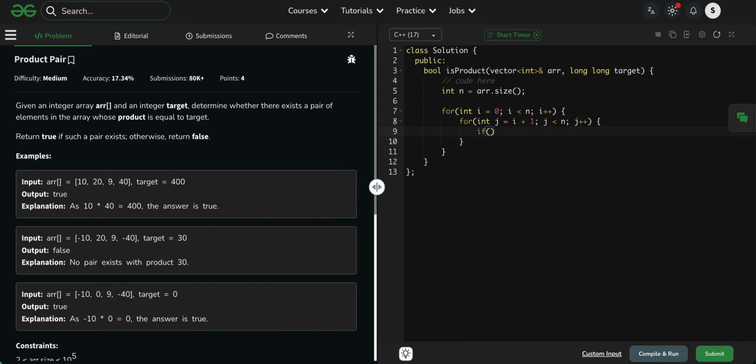Now if it is required, long int i into array of j is equal to target, then return true, otherwise return false. Now check.